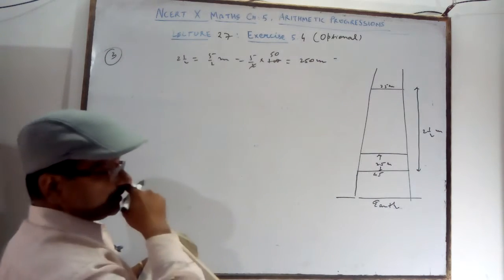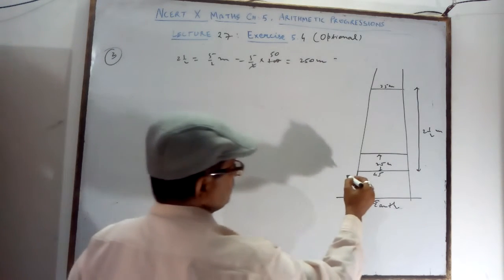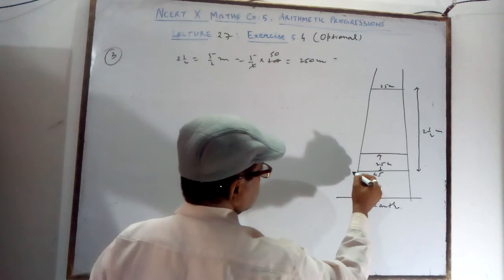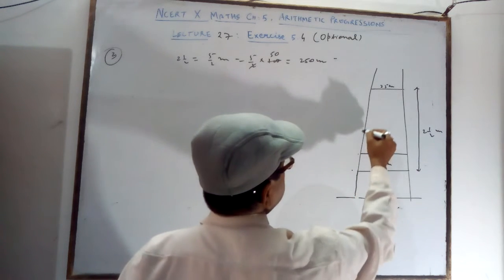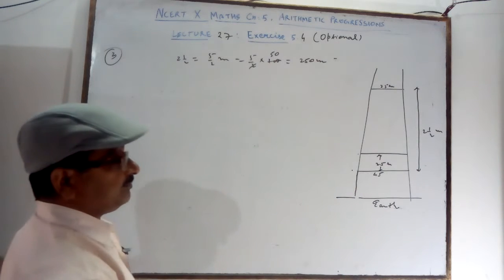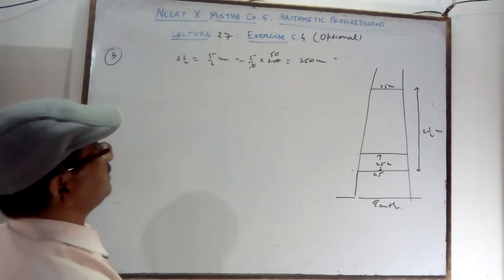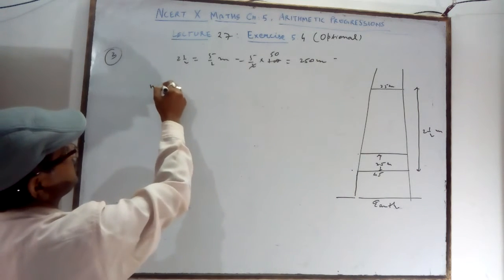So how many rungs are there? The first rung is at the 0 place. So 0, 1, 2 up to 3. That's why the 0 is also included. So the number of rungs